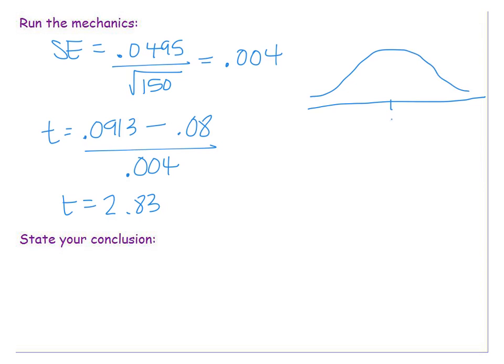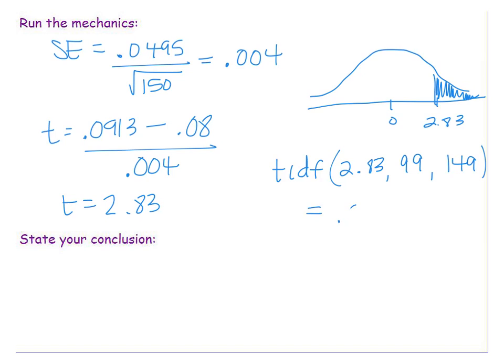Draw our picture. 0's in the middle, 2.83 is over here. Our alternative said that we were greater than, so we're shading to the right. So this is where you need to go through your calculator steps. So second VARS, and go down to option 6, and it puts up tcdf. Our low, as you can see, is 2.83. We're shading to the right, so our high is 99. Our degrees of freedom, 150 take away 1 is 149. And if you hit enter, you should get